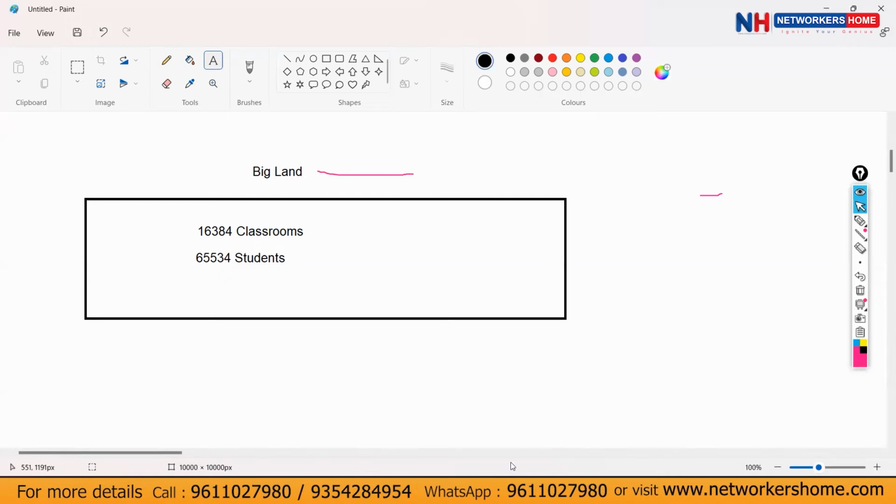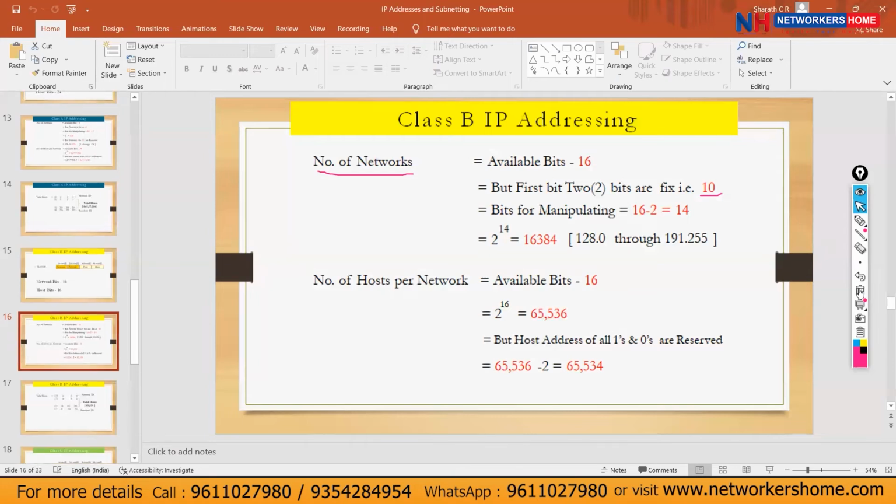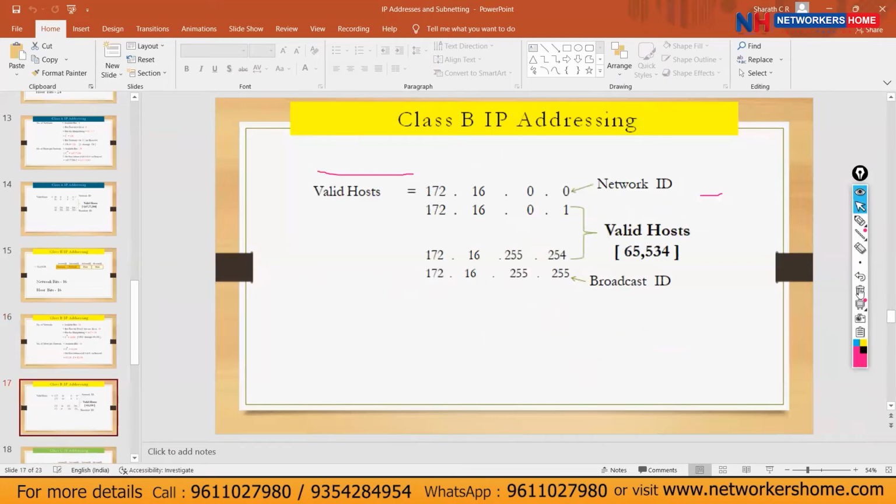Correct? Okay. Look at this example. This is a class B IP address. In this, the first two octets remain constant, the network bits. The last two will vary, the host bits. So the starting point is 172.16.0.0, the network IP. In between, everything is valid for assigning to PCs and laptops.